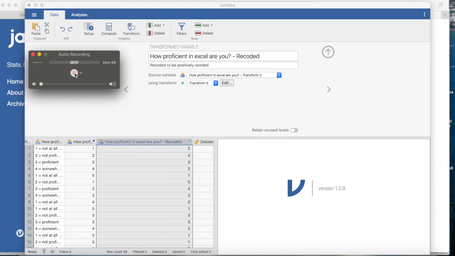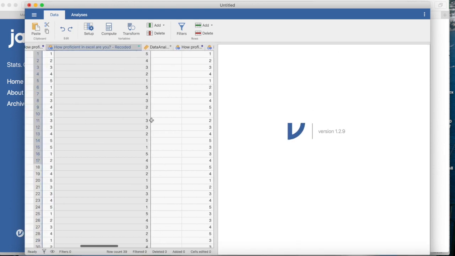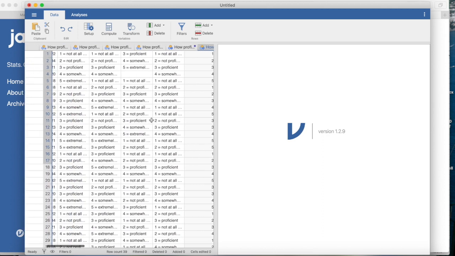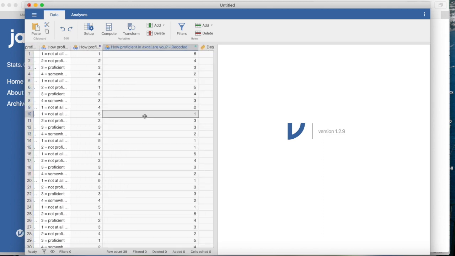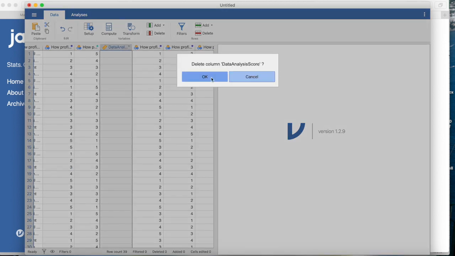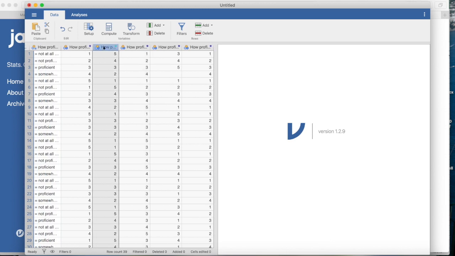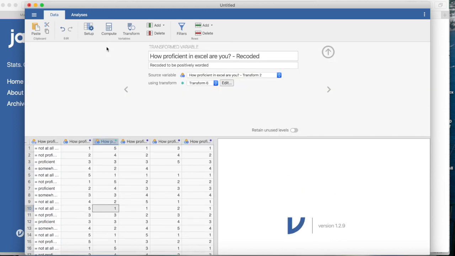Okay, so now what I'm going to show you how to do, now that we have all of our variables, is I'm going to teach you how we can actually go into these variables that we have right here and average them to make our score on our survey. So the first thing that we really want to do is change these long titles. They're just going to be really difficult. So we're just going to call this one